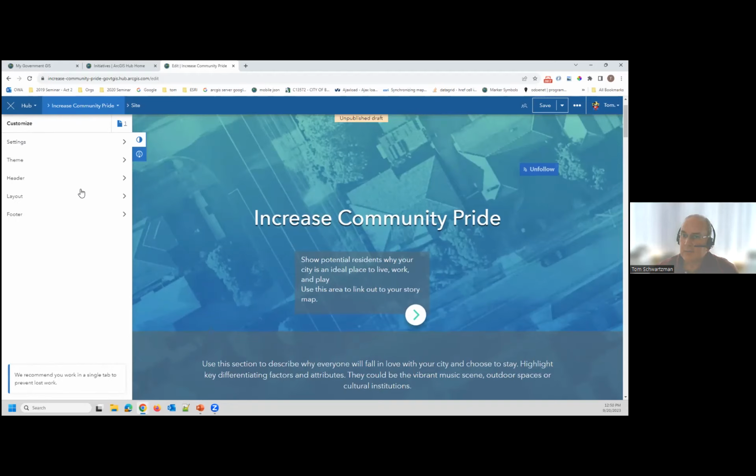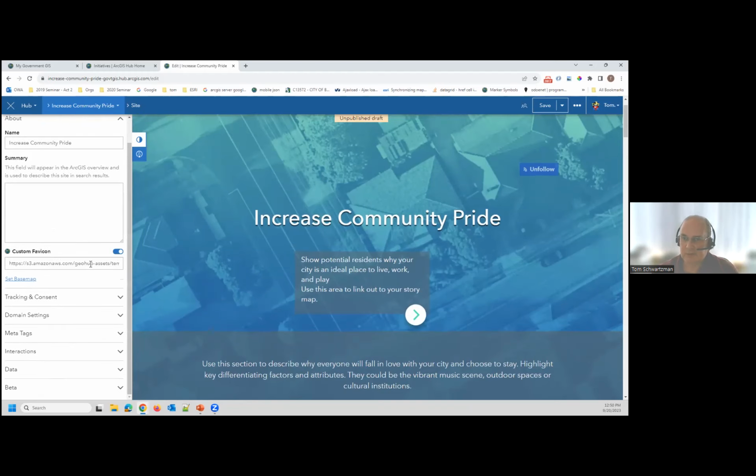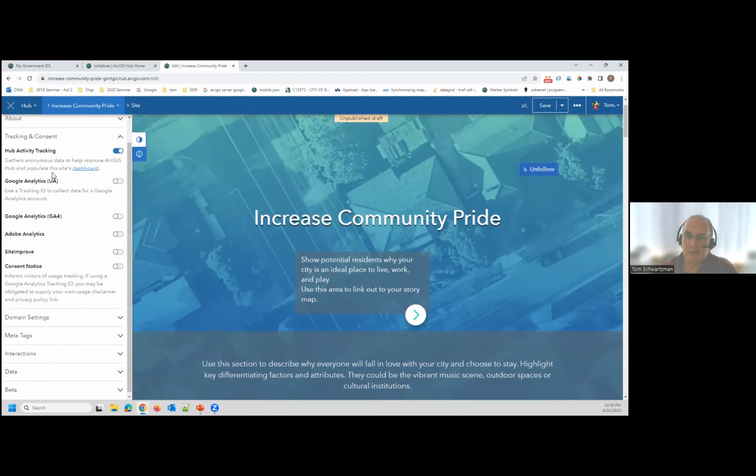Let's go over here. Many of these things, most of these things, and I'll try to point out where Premium kicks in, are common to both of these things. So for instance, settings: there's a name, you can have a summary, you can have an icon, you can put tracking on. So if you use Google Analytics or Adobe Analytics or Site Improve, or you're in the EU and want to put up a little message that says you have to agree to cookies, blah, blah, blah, you